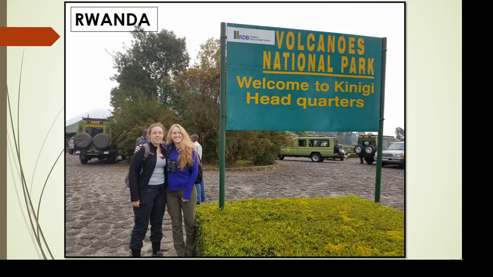In Rwanda, we went to a place that was probably the most efficient ecotourism thing that I've ever been involved with, and I don't want to overstate that. This was absolutely amazing. So Rwanda: small country, devastating genocide in the 90s that their country still feels the impact of today. Volcanoes National Park is home to two endangered primates, mountain gorillas and golden monkeys. So they've built this tourist industry around both of these.